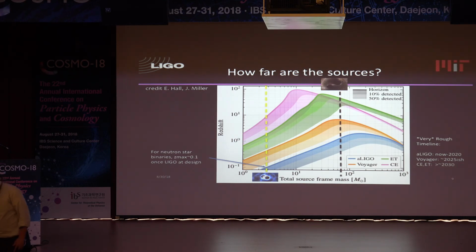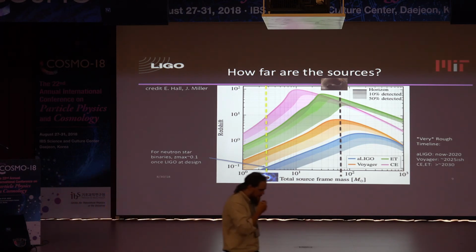All right, let's try again, this time with actual data on the plot. I lost the pointer. Okay, so this plot is showing for different total mass in the source frame. This would be a binary neutron star, and this would be something like the first black hole binary we detected. How far you can see them in the universe in redshift, as a function of which detectors you're using. Here you're seeing a few things. One of them is advanced LIGO at design sensitivity. The others are projected upgrades or future instruments.